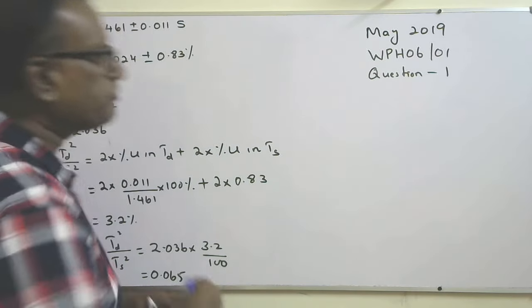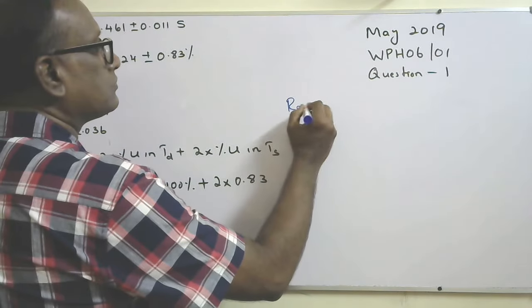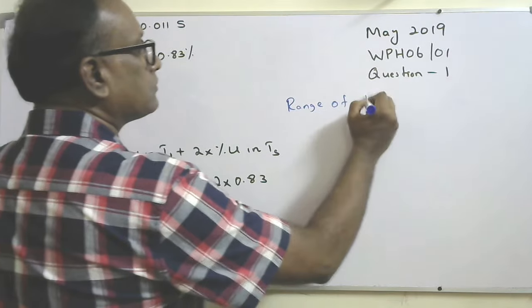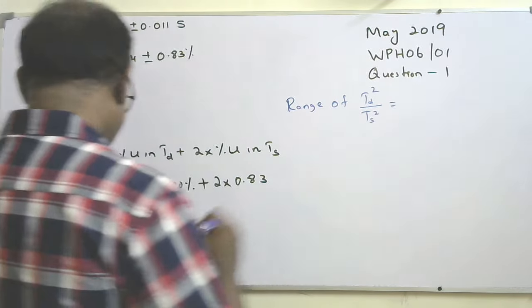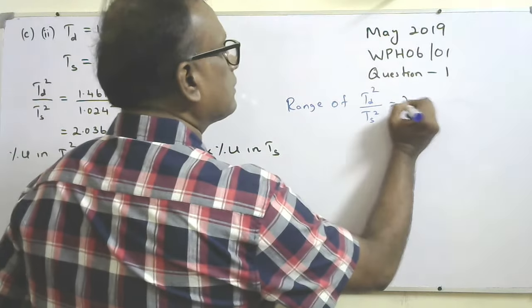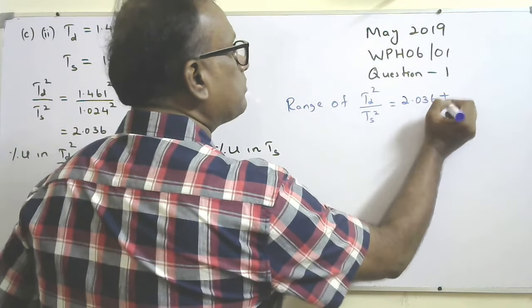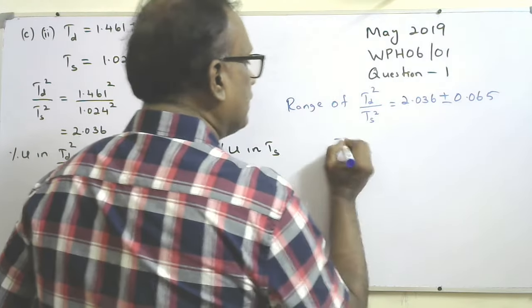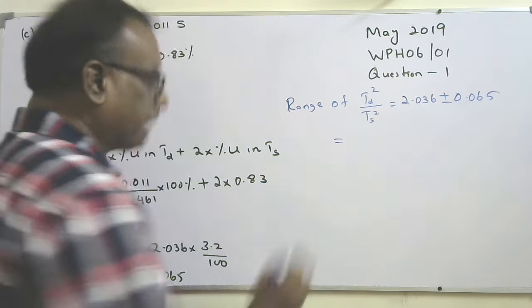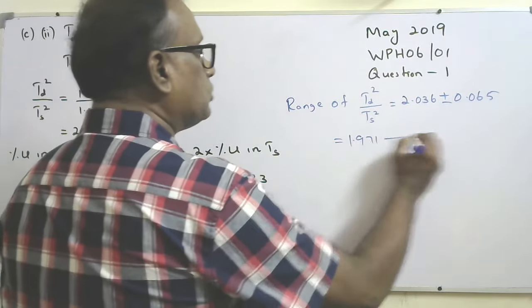So range of that is 2.036 plus or minus 0.065. That will be from 1.971 to